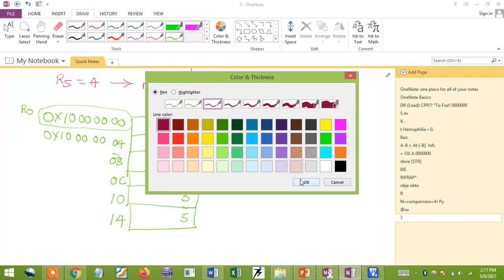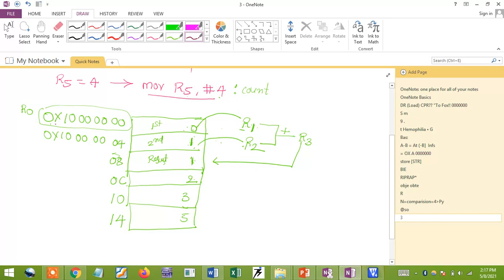You can see, first I need to consider this memory address. So how to get this address? By using the instruction I'm going to use here, LDR. So I need to get this address, right? The register I'm going to use is R0, equal to the memory address 0x10000000. This is the address. This address has some content, this one. First I need to load it into my R1 register.